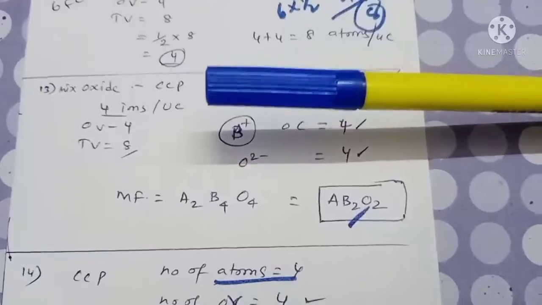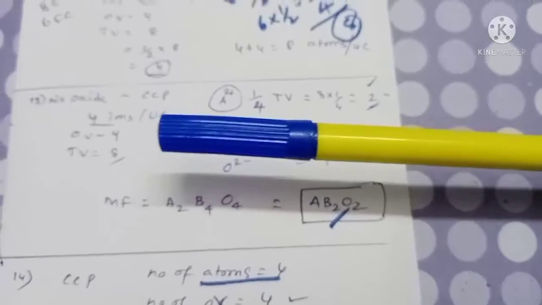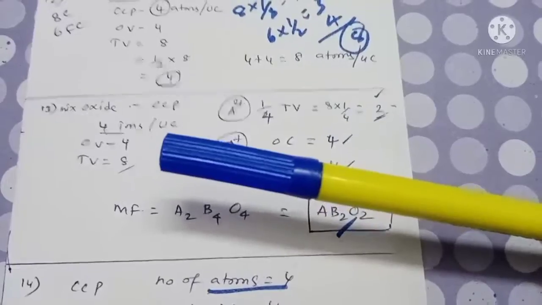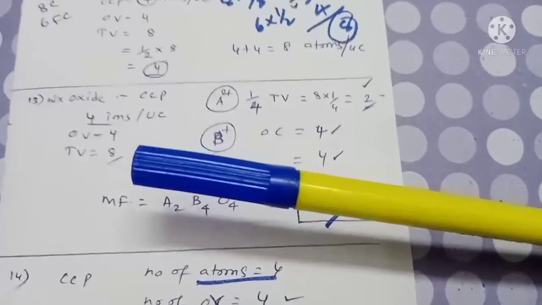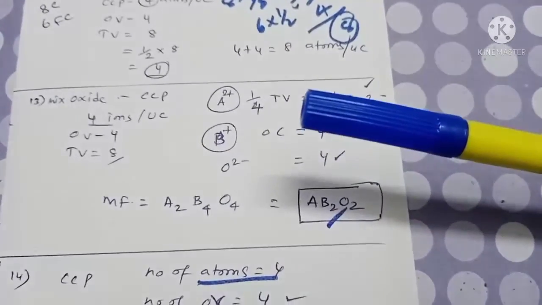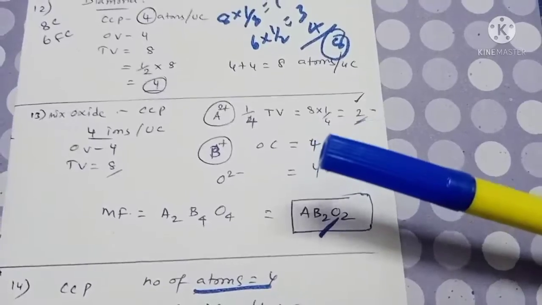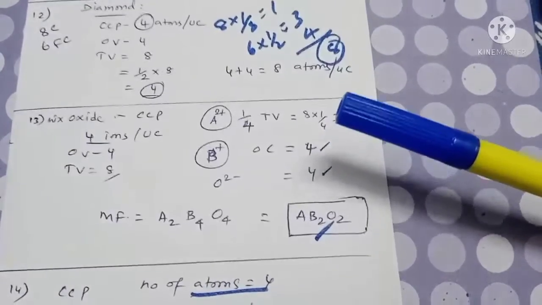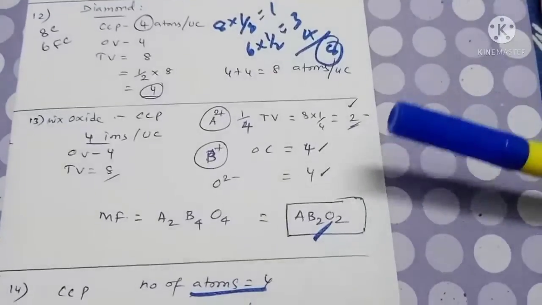The oxide has CCP lattice, isn't it? So the number of atoms per unit cell, or number of ions per unit cell, will be about 4, isn't it? Right. Now, octahedral voids are also the same number, 4. Tetrahedral voids are twice the number of atoms, so that is nothing but 8, isn't it? Whereas 1/4 of tetrahedral voids are occupied by divalent cation. So let us assume A2+ as the divalent cation. Total tetrahedral voids is about 8, into only 1/4 occupied, 8 into 1/4, so 2. So in that oxide there will be 2 divalent metallic ions, isn't it?